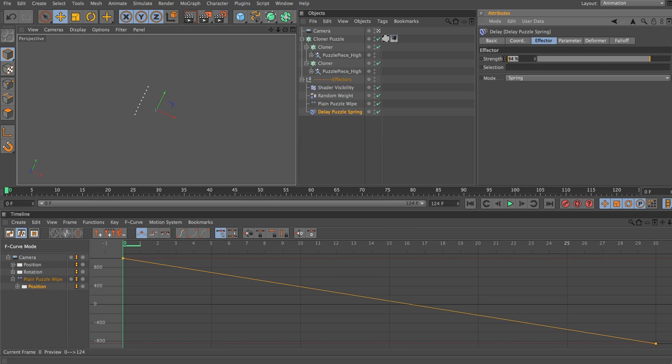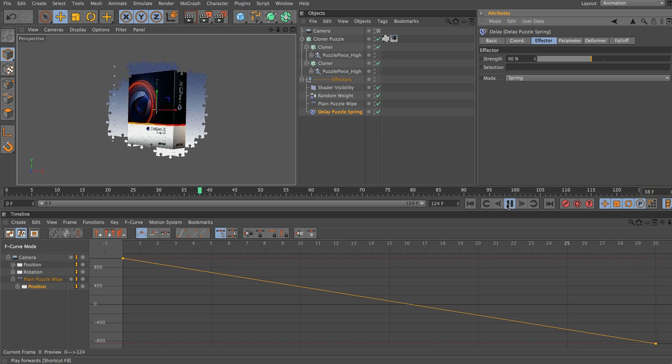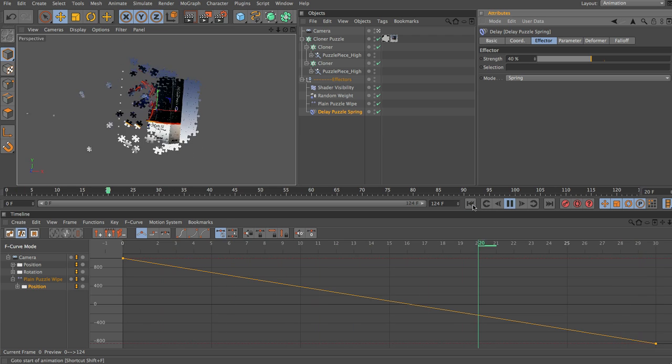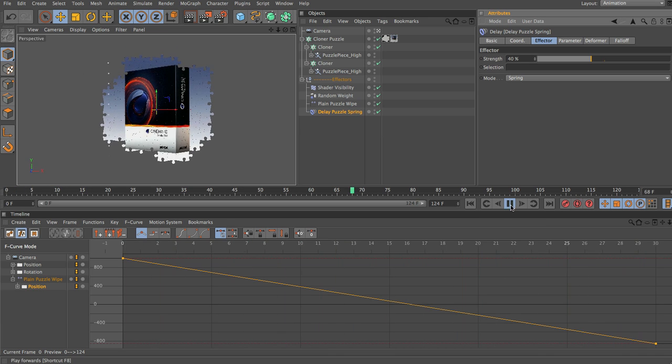I'm going to set this down a bit lower, probably around 40, so that the effect is much more subtle, so you hardly get to see it, but when you watch this played back, it just adds that little bit extra, a little bit of kind of secondary motion. You can switch to the parameter tab and you can actually transform position, scale or rotation independently. So if you don't want the springiness to affect the position, just the scale and rotation, then you can enable and disable the relevant parameters in there.